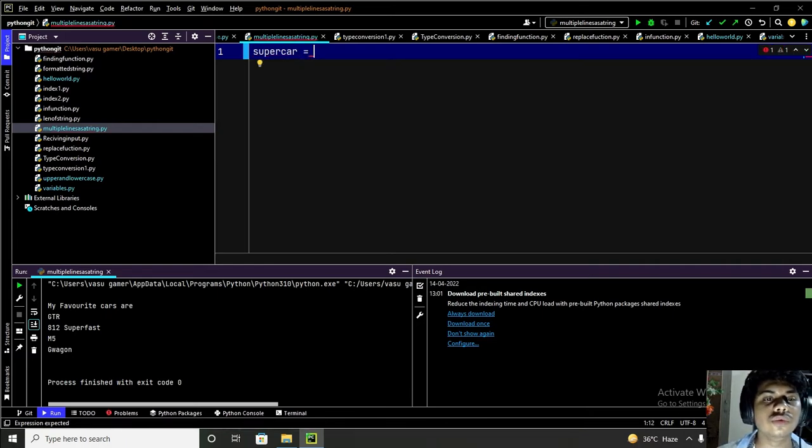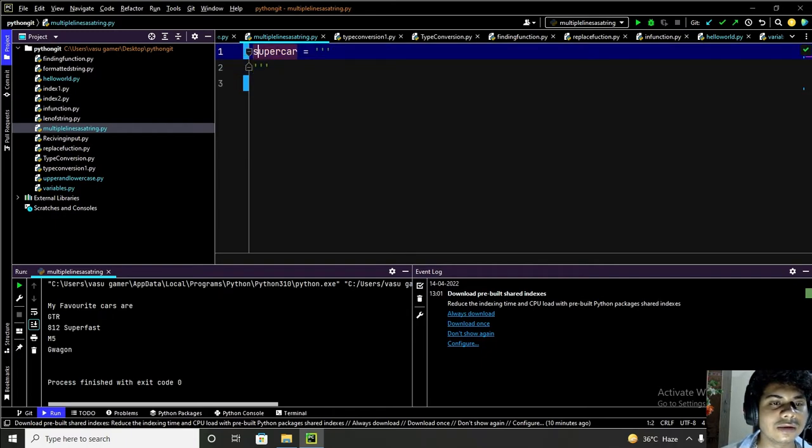Now if you want to declare multiple strings, if you want to print multiple lines as a string, what you have to do is use quotes one time, and then another time like this. After this, you can add anything in this and it will be treated as a string. So now I am writing that